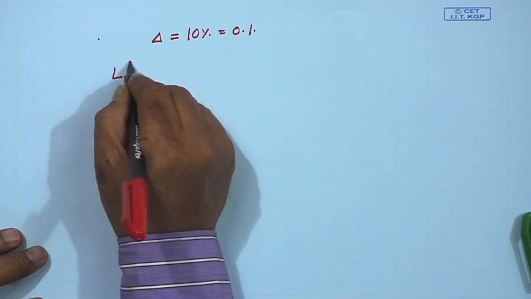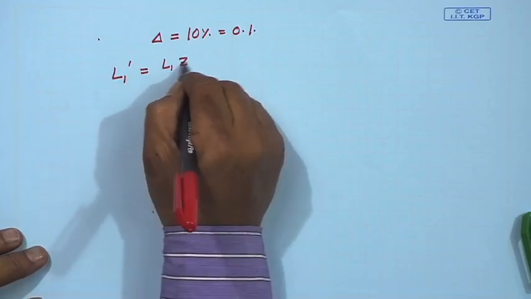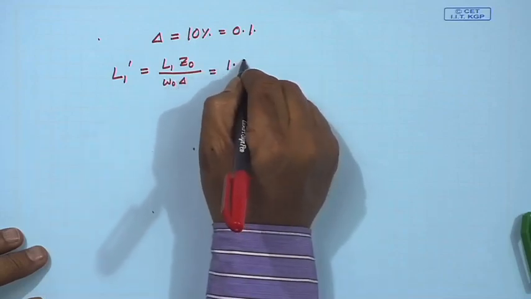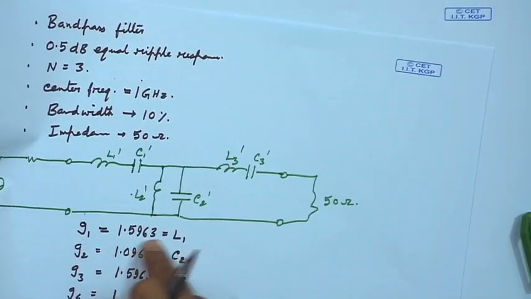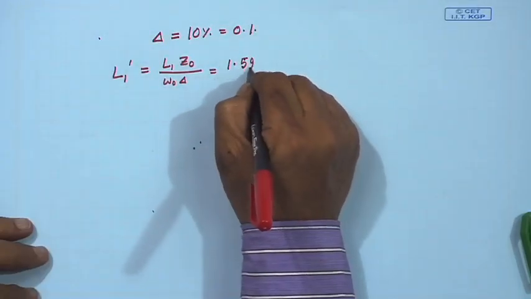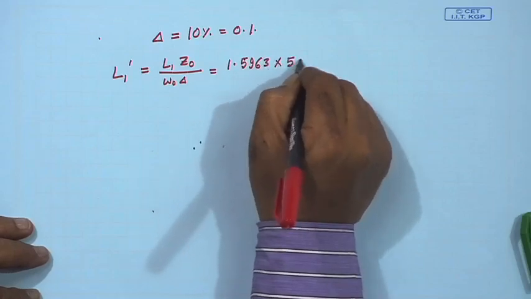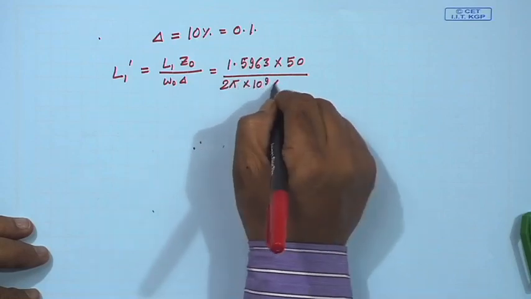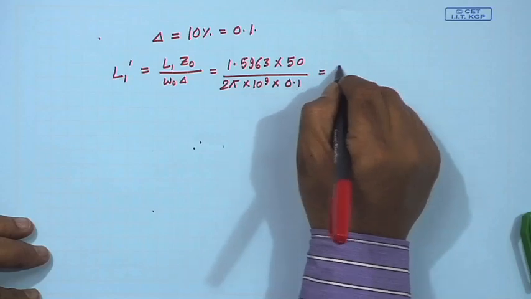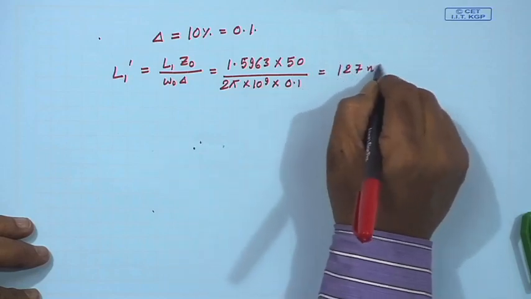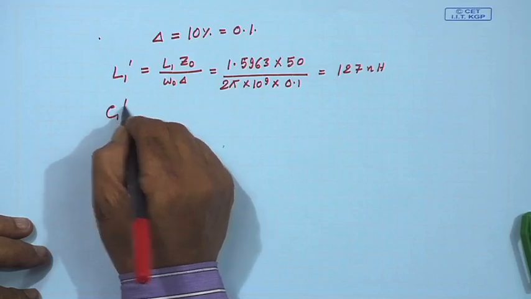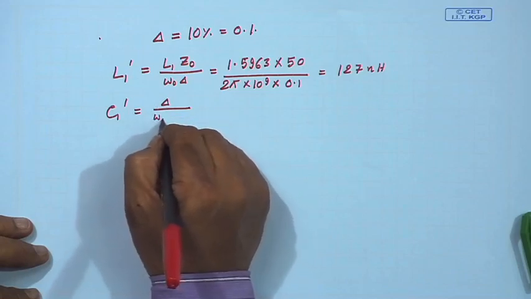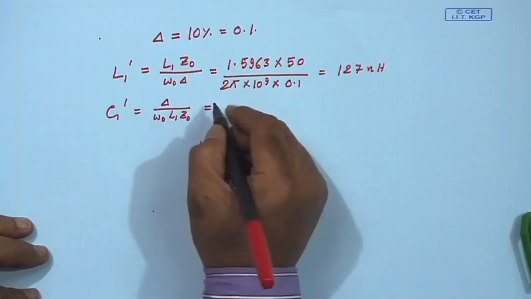So, what is my L1 dashed? L1 dashed is L1 Z naught by omega naught delta. So, it is L1, I have seen 1.5963, 1.5963 into 50 divided by 2 pi into 10 to the power 9 into 0.1, and that becomes 127 nanohenry. C1 dashed, again it will depend on L1. The formula is delta by omega naught L1 Z naught. So, that you can put,